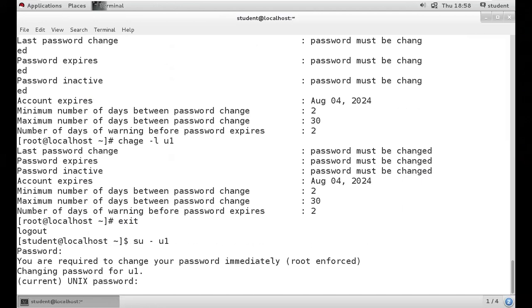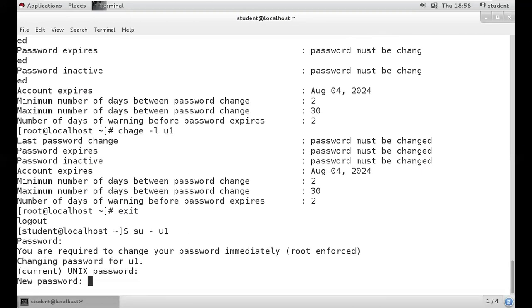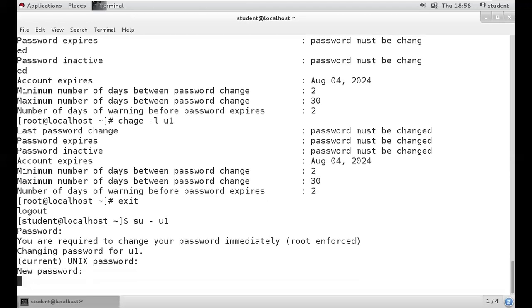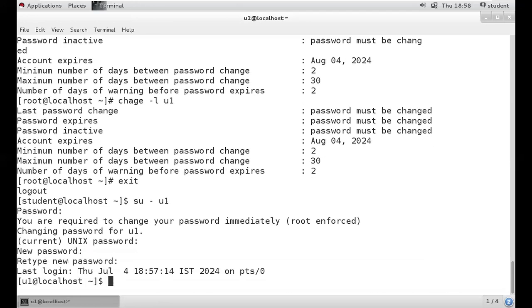See guys, it's asking for the current password. The current password is redhat. Then it's prompting us to provide a new password: RHEL@1234. Now we have set the new password. This password only you and the user know. Even I don't know.